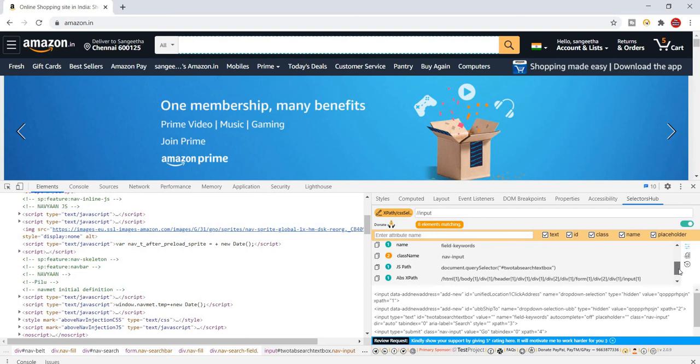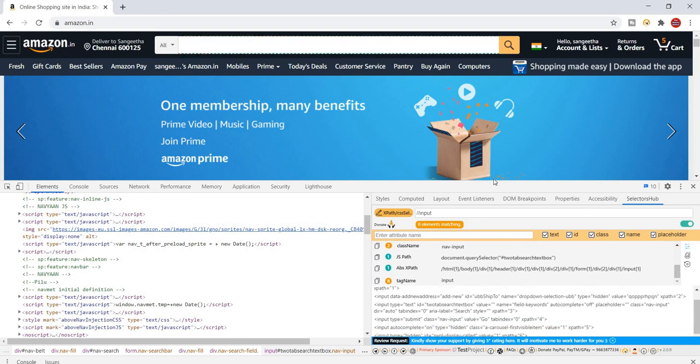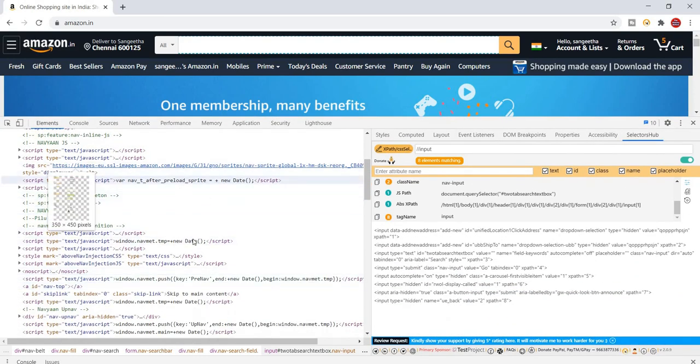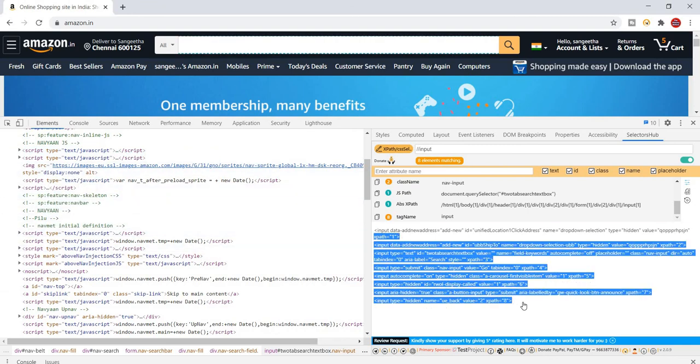You can find the list here, and it will be displayed clearly, and the elements will also be displayed. Here you do not need to search inside the HTML code. See, the list of HTML elements with attribute values, everything is displayed inside Selectors Hub, right?